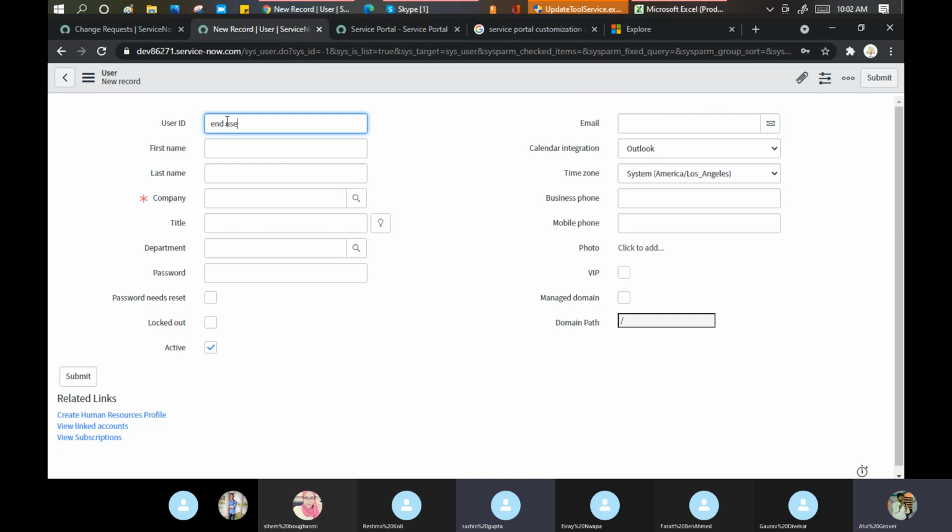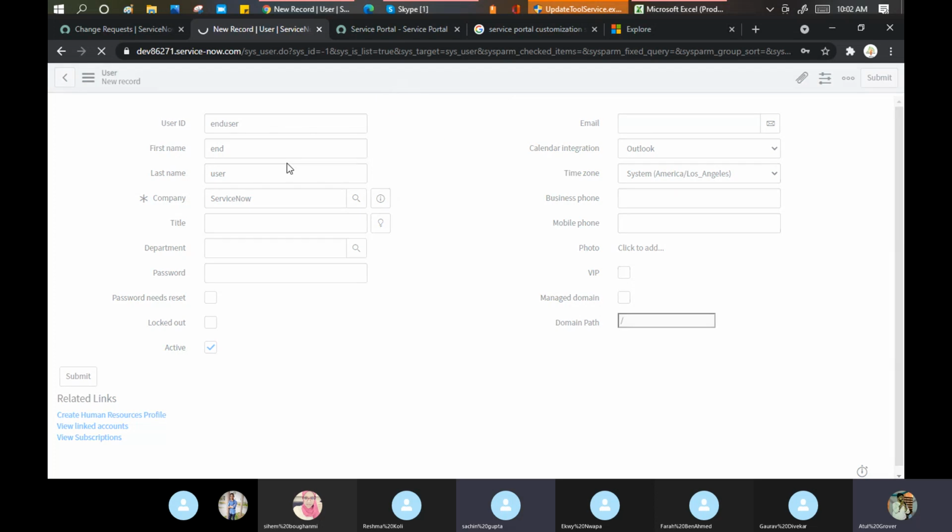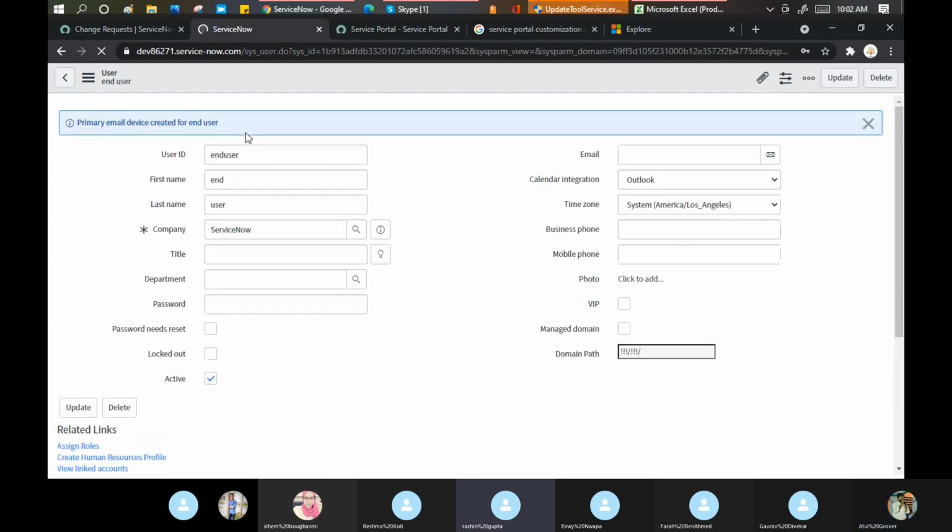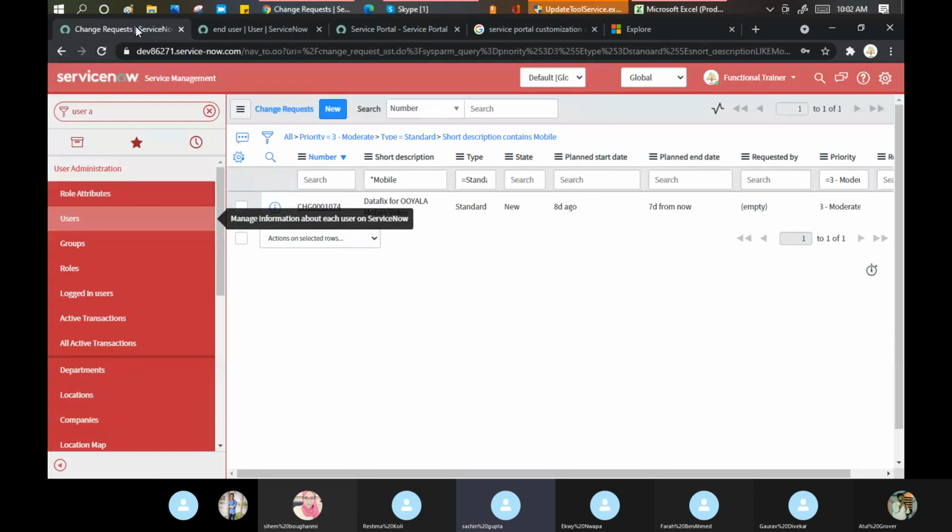So let me create a user called the end user here. Okay. ServiceNow. And I'm just clicking on save here. Even end users maybe are not aware that their organization's IT support is using ServiceNow. They will have a simple chat button or something simple.